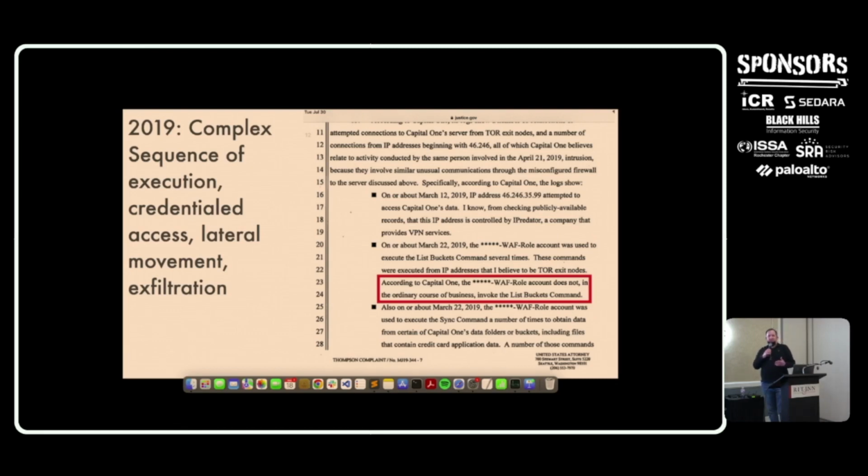2019 was the second one of these we've seen. This was a little more complicated in that in order to obtain working credentials, according to what's been published, they actually were able to bounce through a WAF service that was running on a virtual machine. And they were able to get command execution on the virtual machine running the WAF service. And then